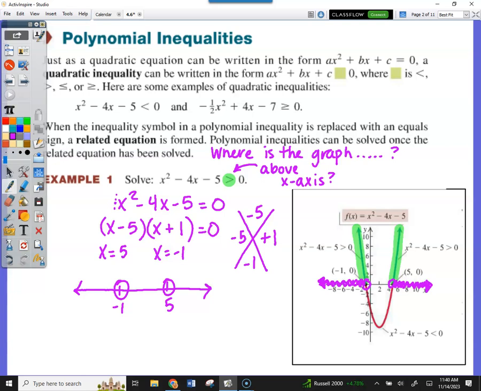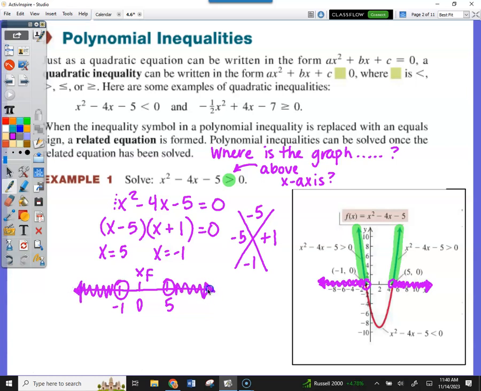How do I know where to shade? You know it's going to be on the outside, but if you're worried you've done that wrong, test a point. I like to test 0. You're going to test 0 by plugging it into the original. If I plug it into the original up here, this would be gone, gone, and you would say to yourself, is -5 greater than 0? No, which means don't shade where 0 was because it came to be false. I'm going to put an X there like this was false, which means these have to be true